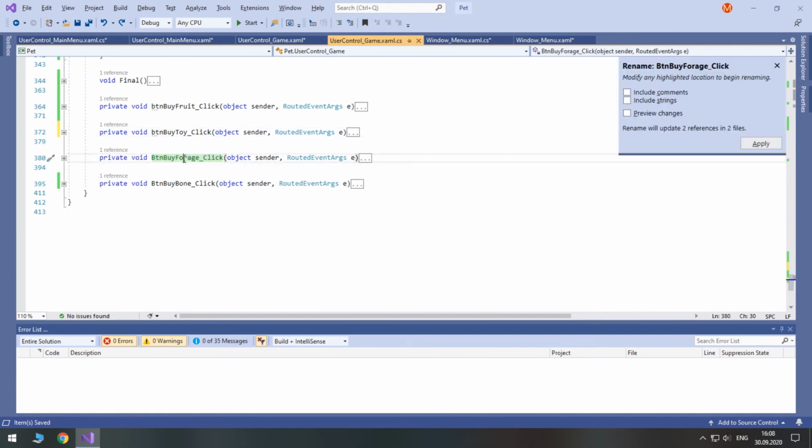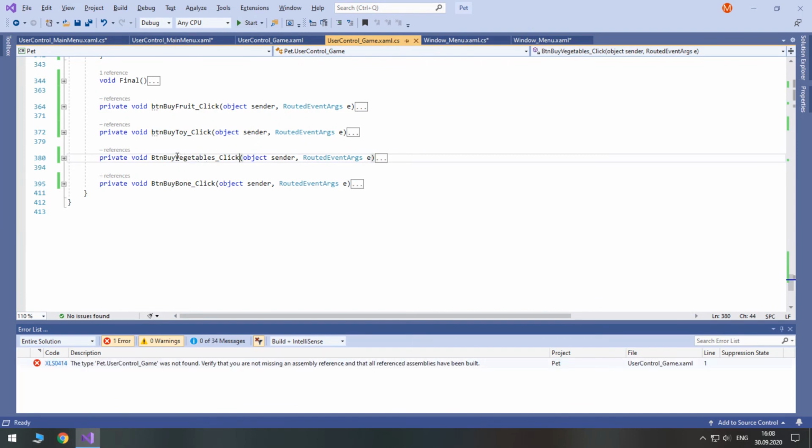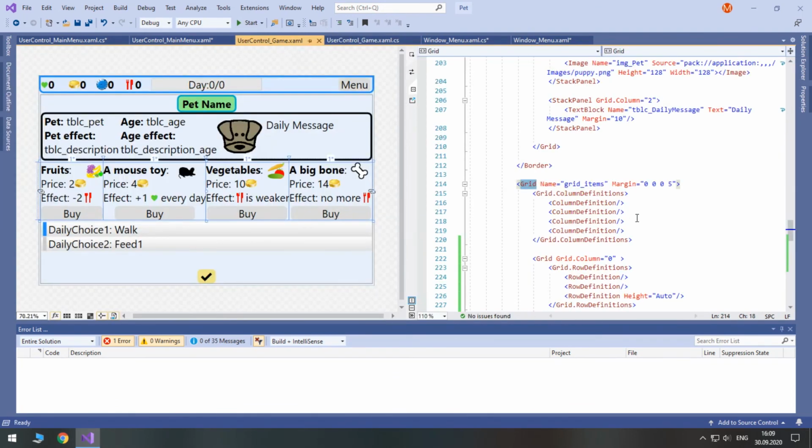Also let's rename it from button buy forage to button buy vegetables, and rename it here as well.